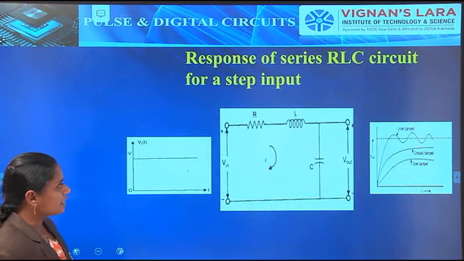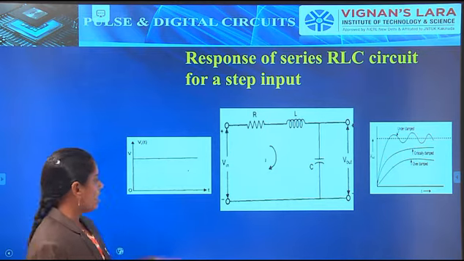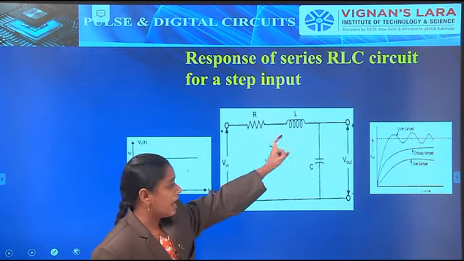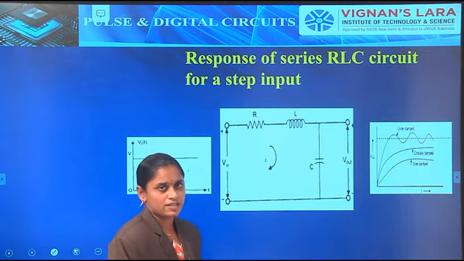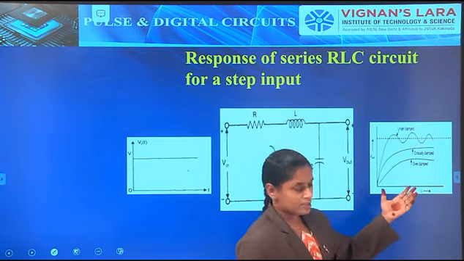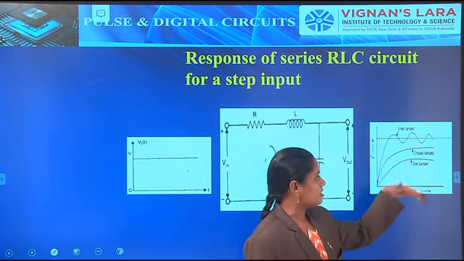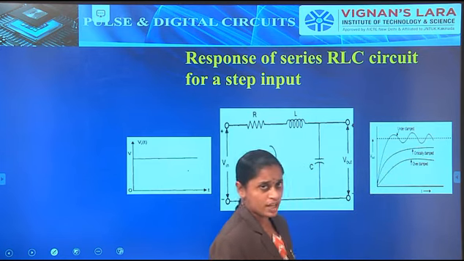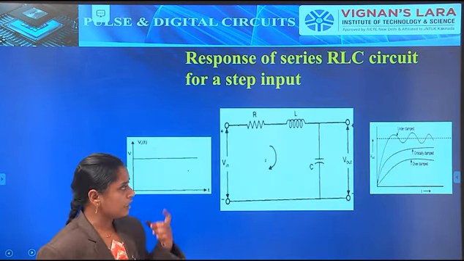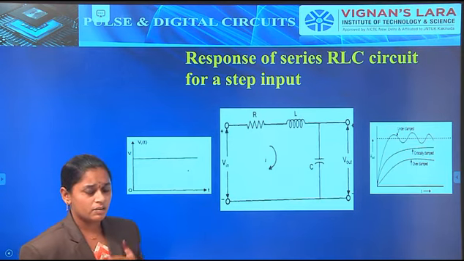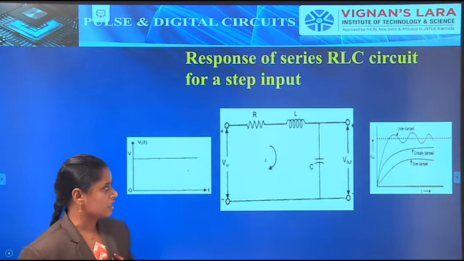Here we give the input to the resistor and the output is taken across the capacitor. Then we get outputs that are exponentially increasing under two conditions, and under one condition it produces damped oscillations. How do we get these oscillations? By mathematical calculations we have to see the conditions.